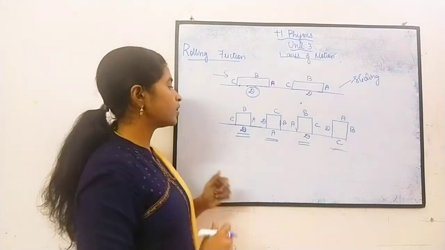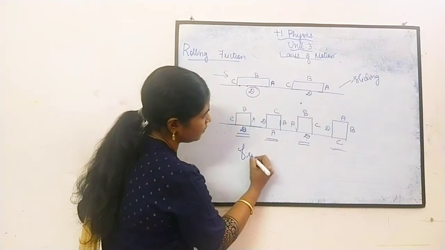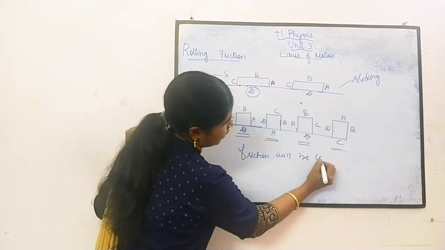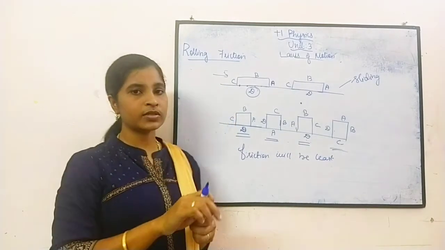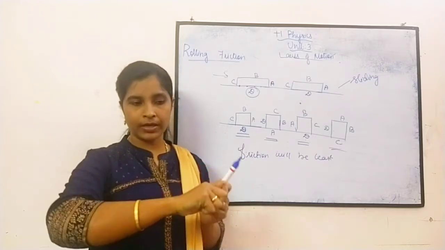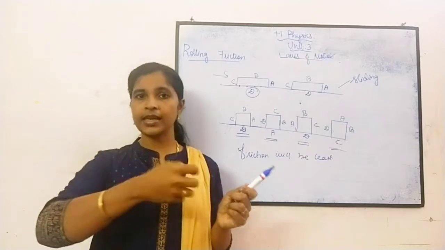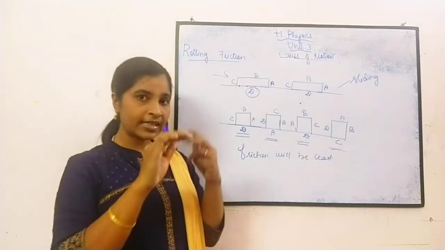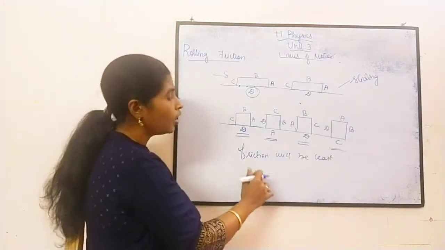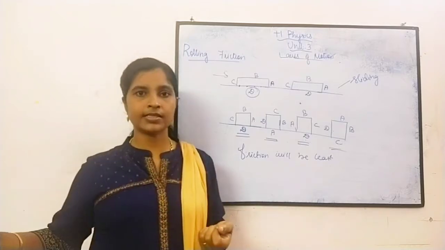For rolling motion, the friction will be least. You all know that whenever you use a trolley bag, there will be wheels. Why do they have a wheel? Because it will be rolling. It is easy for movement, and you can easily drag it. For that purpose only there is a wheel, because the surface of contact varies each time. So there will be less friction, and if the friction is less, it will move easily.